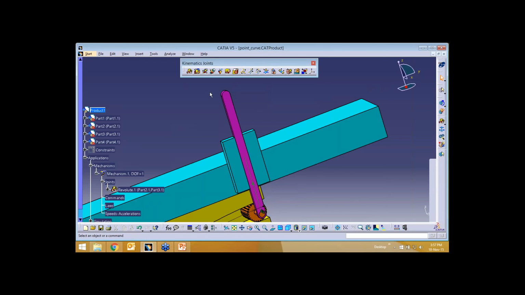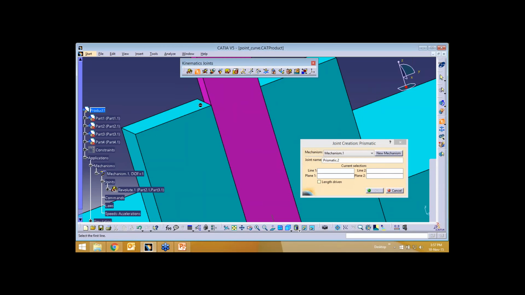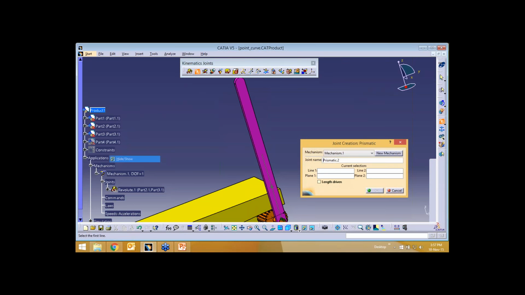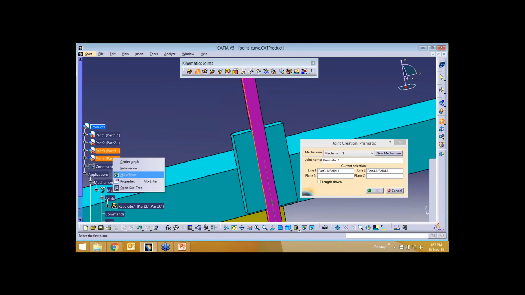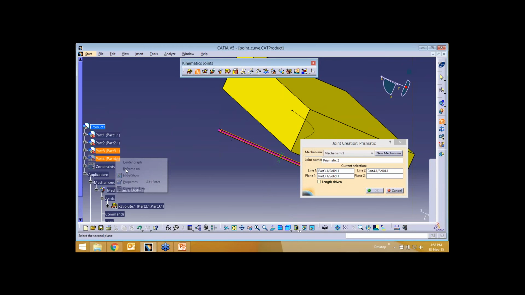For that, I'll just hide this part. I'll say this line has to move with this line and this plane has to slide along this line, this plane.